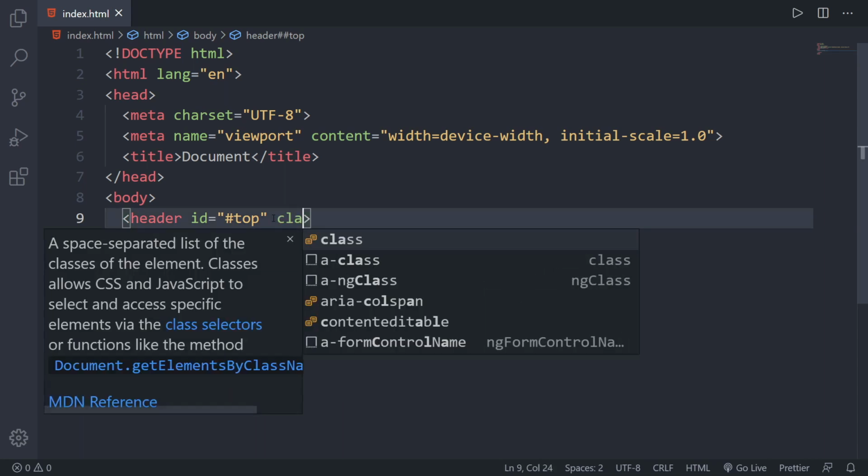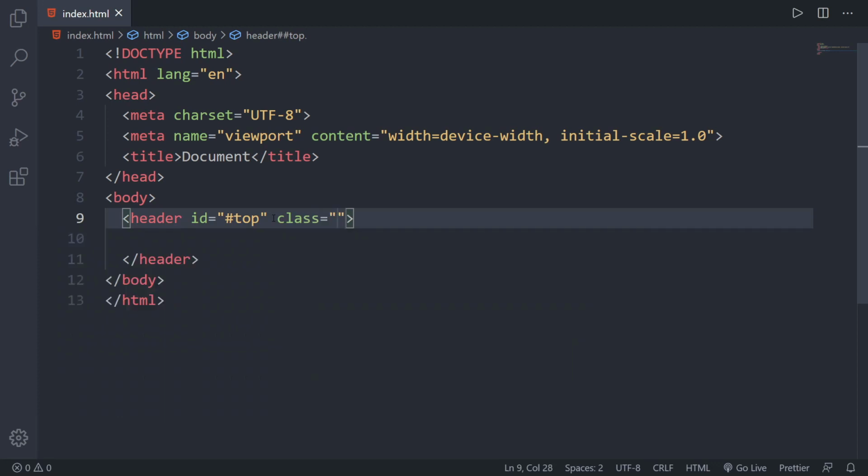And then we have class. Class is mostly used for CSS styling. Okay, so one single HTML element can have multiple classes, as many as we want.